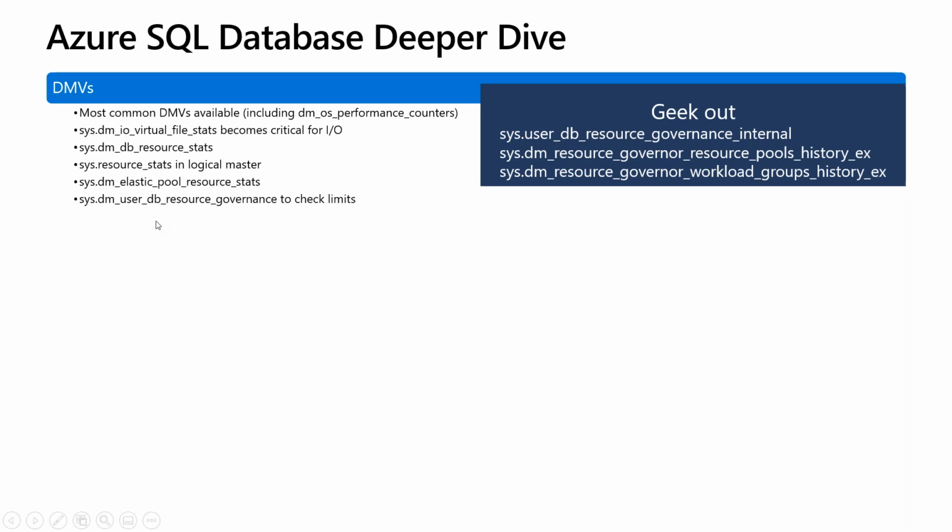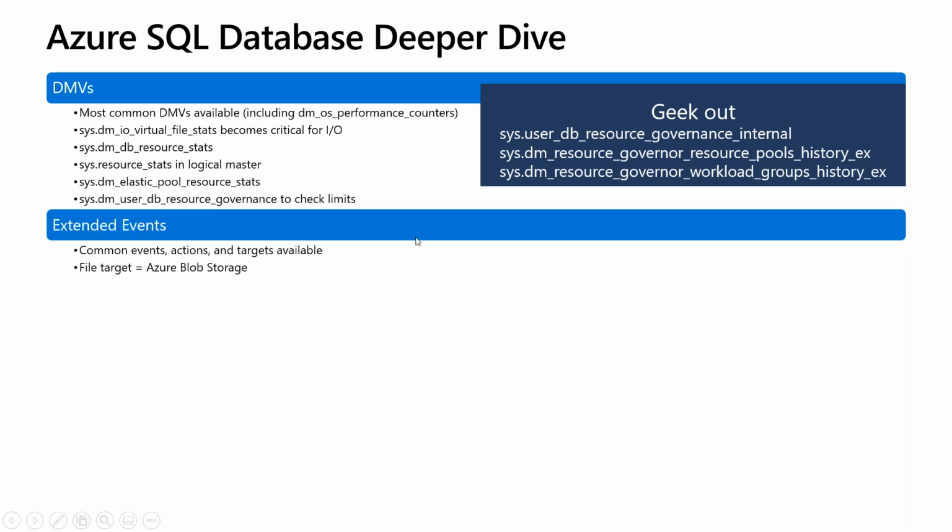And then the same DMV for governance for you to find out what kind of limits you have based on the choices you made for general purpose, business critical, serverless, all those types of things. This DMV can be used to look at those limits. But if you've seen me present before, if you really want to geek out, if you really want to dive into the details, you'll have access to other DMVs that you can look at offline. Those are all documented to get a lot more interesting information about how we're doing resource governance behind the scenes